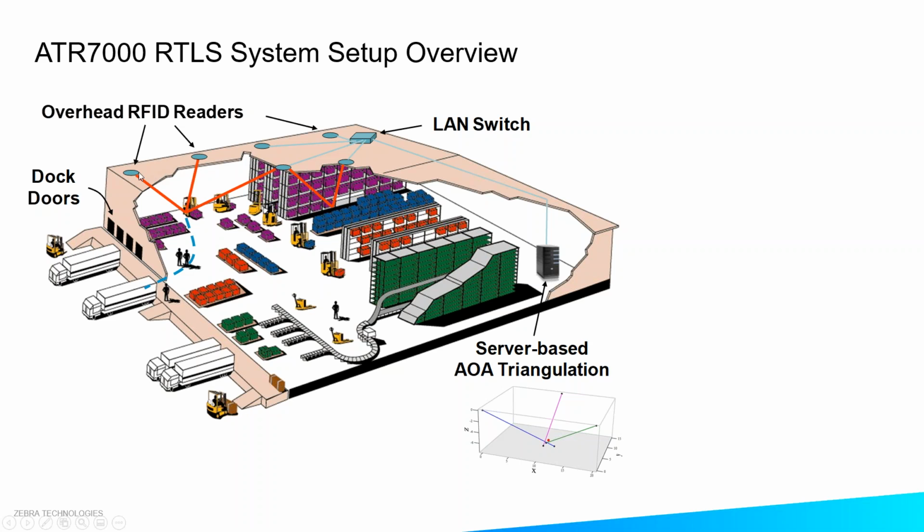So I would say the ATR 7000 is very, very good in terms of being able to track things and know where they are on a more aggregate level. But if we're looking at a particular T-shirt that's in a pallet, I would not recommend that as the right type of solution. For that, the fixed readers do a really good job, and many times what you can do is combine